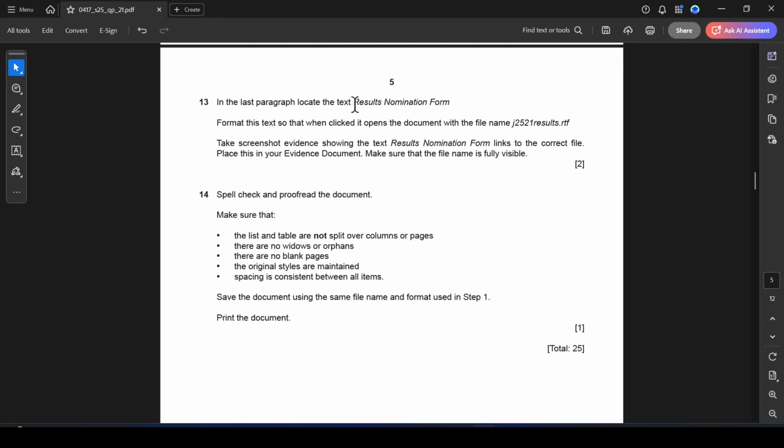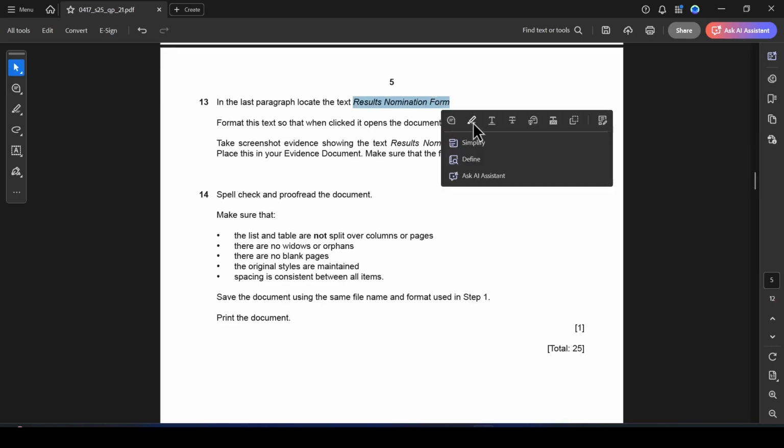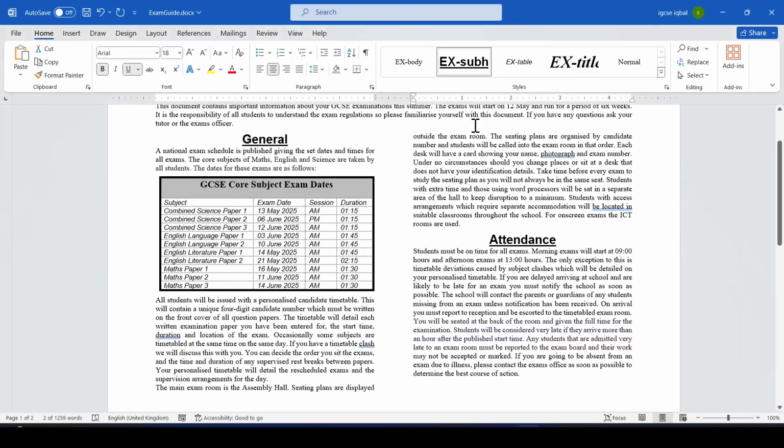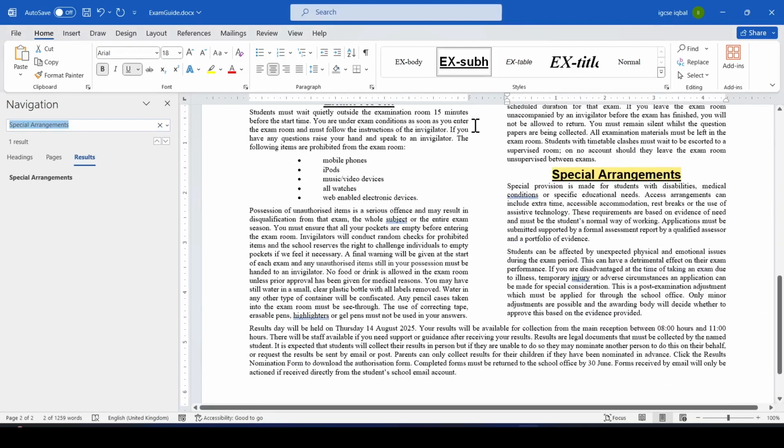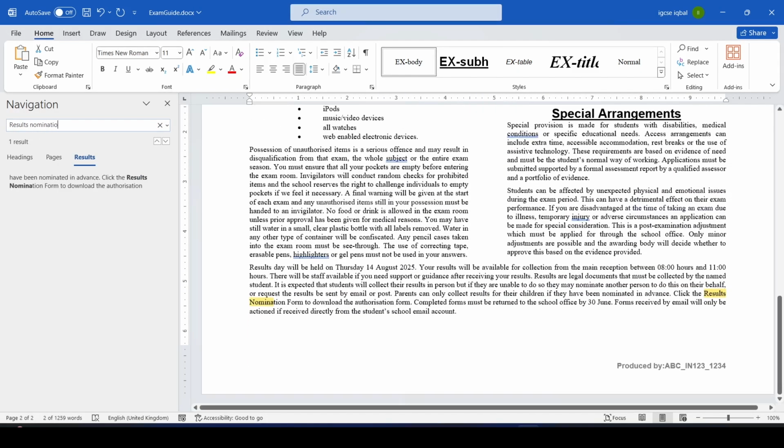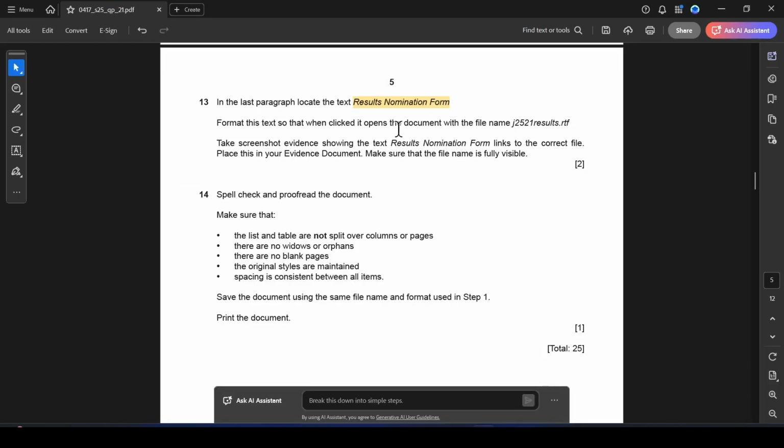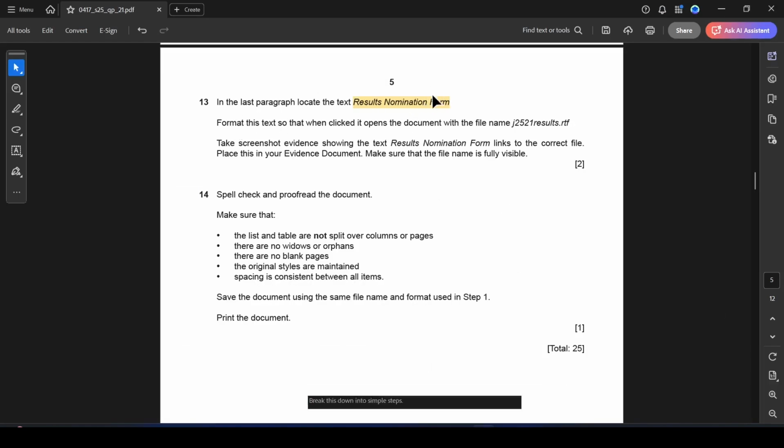In the last paragraph, locate the text called results nomination form. Okay, so to do this, Control F, results nomination. Okay, so here it is showing. Okay, click here on the results nomination. Okay, what we have to do, results nomination form. Okay, format this text so that when clicked it opens a document, the file name is